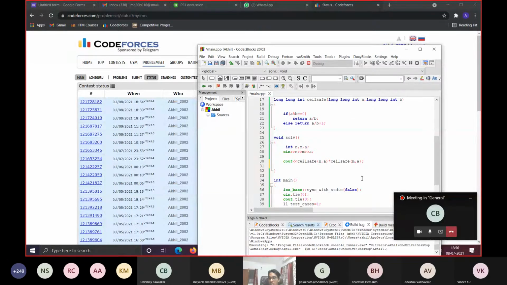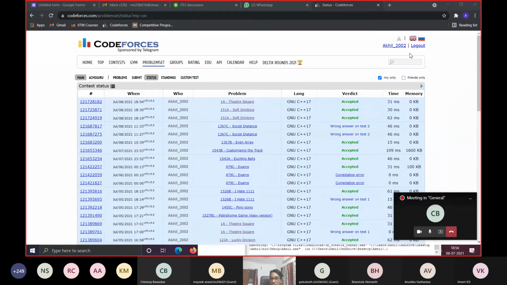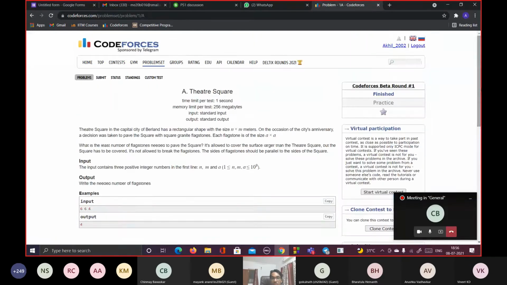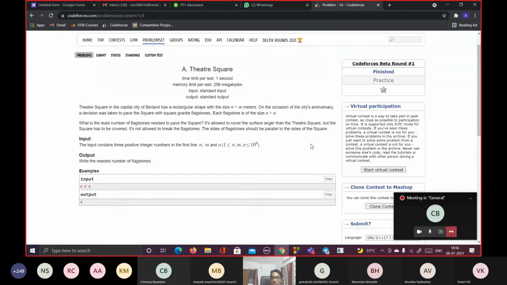So you could try this once. All of you can try it on your compilers if you're using different ones. Use ceil in general, and just check what ceil of 6 by 4 actually prints on your output screen. But the logic for this question was to try to cover the sides first, and then automatically you will be covering the whole area.